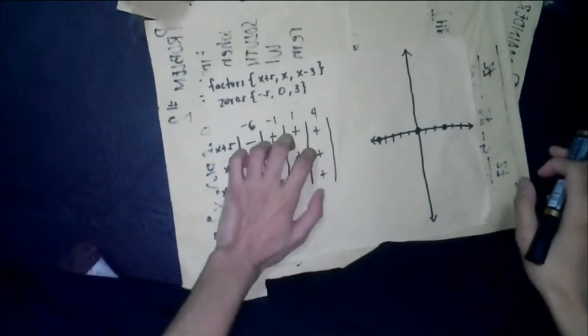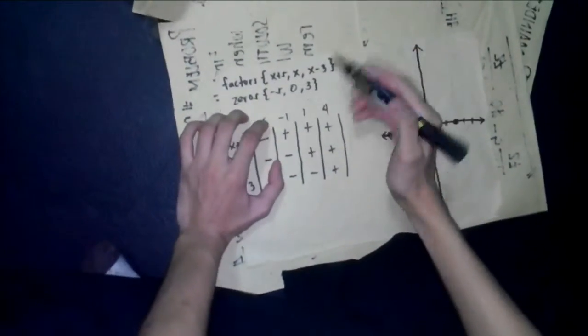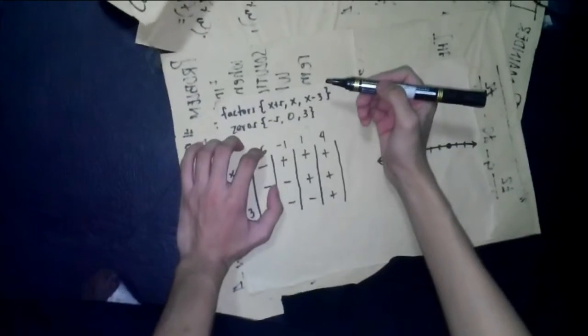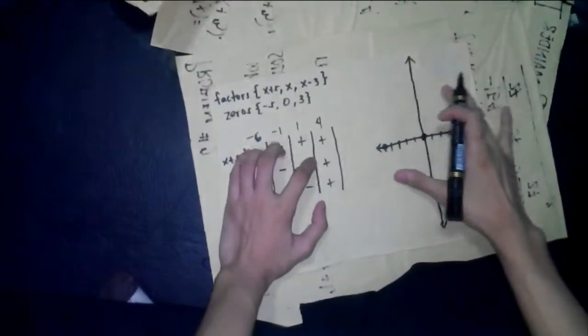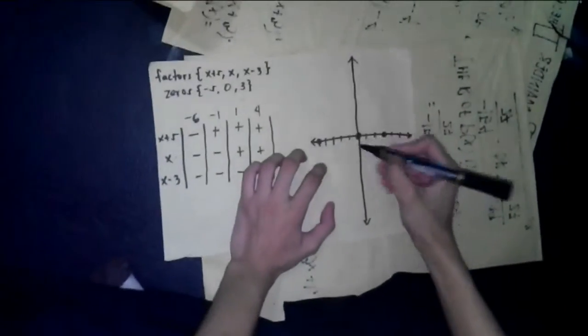So our next activity is, given the factors and the zeros of our polynomial, the factors are x plus 5, x, and x minus 3, while the zeros are negative 5, 0, and 3. So plotting all the zeros,